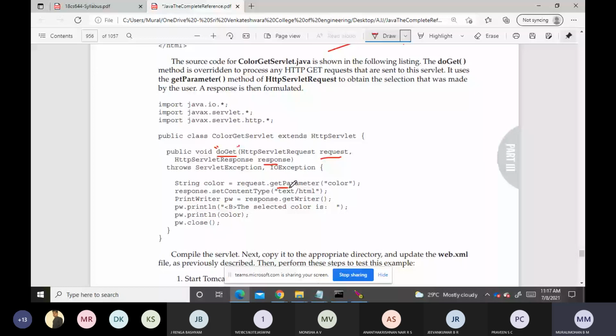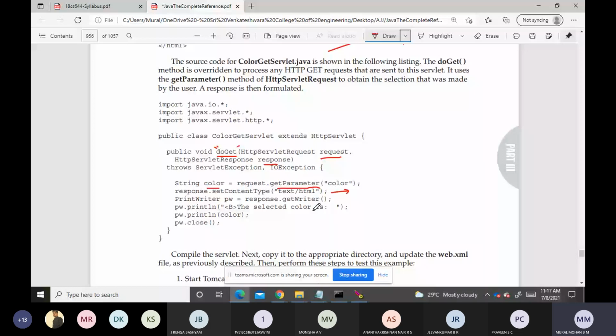Next, as usual, it sets the MIME type as text/html, so the browser interprets whatever is sent as HTML. Next we get a PrintWriter stream; whatever we write into it will be returned to the output device. Then we print the color which we read, and the PrintWriter stream is closed.